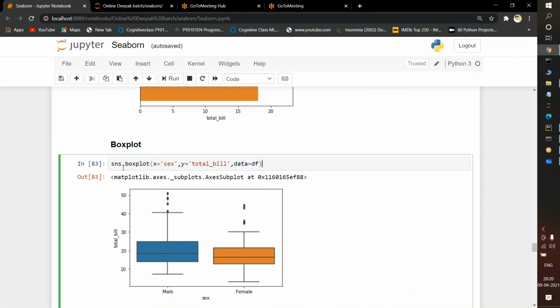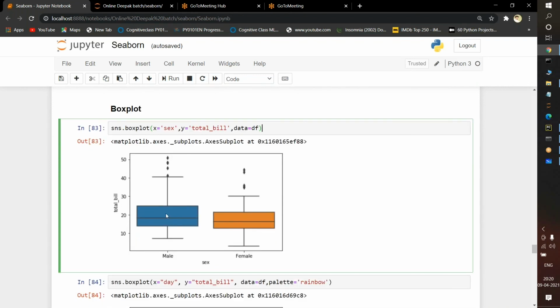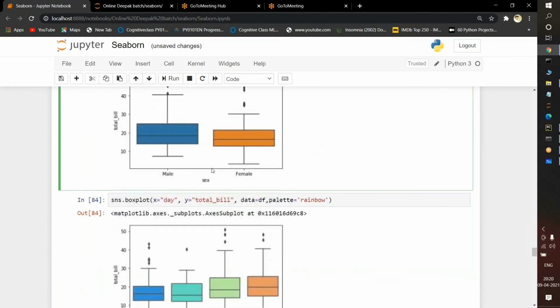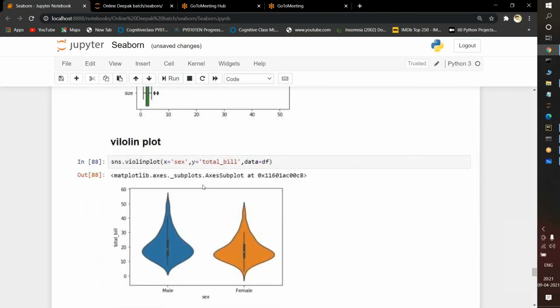When you have clear data, at that time we can use the box plot. See here, I am just plotting it. If you observe, this is the technique. The starting one is 25% of the data, the middle one is 50% of the data, and the ending one is the maximum value. The symbols at the end, these dark points, are known as outliers. I'll tell you when we are discussing statistics about this box plot technique, and then you will have a clear idea.